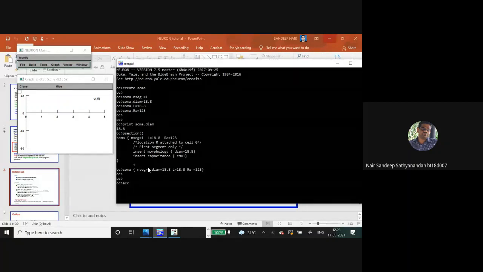So if you want to make a change in the soma, you just call access soma, enter. Now you are in soma, and now you want to modify the parameter soma.L is equal to 18.9.